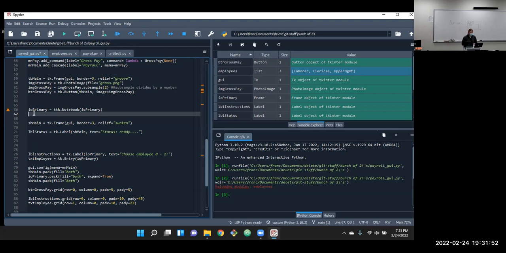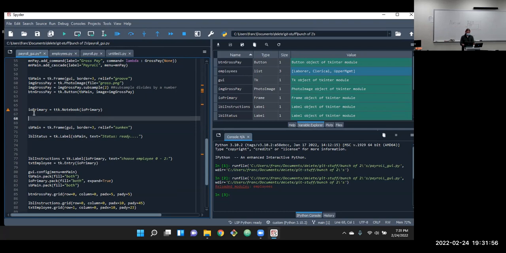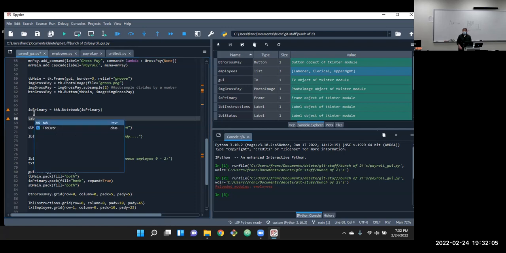But then we need our tabs for it. So I'm going to use the names of our employees. Oh, I already used TB. Oh, tab short. So I'm just going to use the word tab as the Hungarian notation prefix. It doesn't have to be an abbreviation. It can be the whole word.